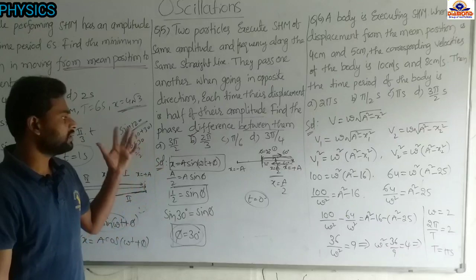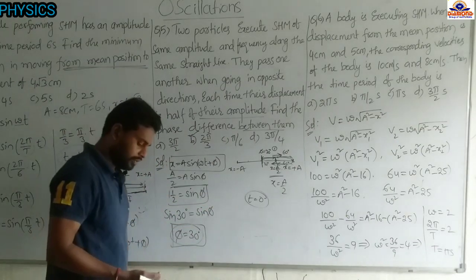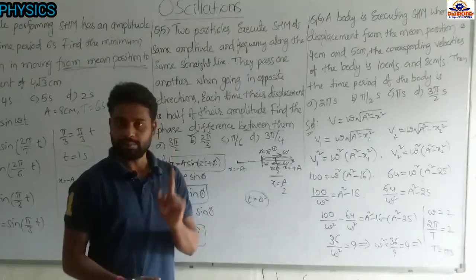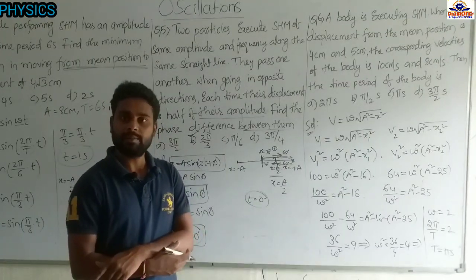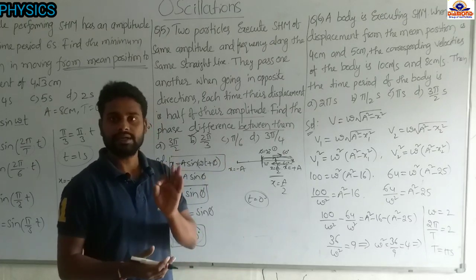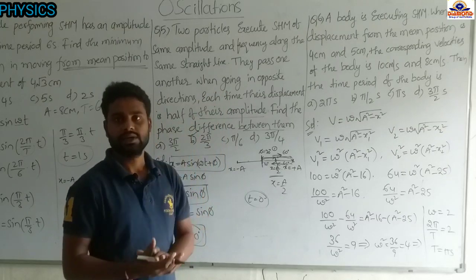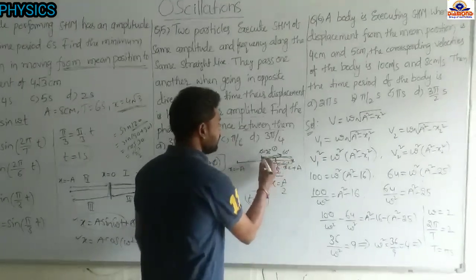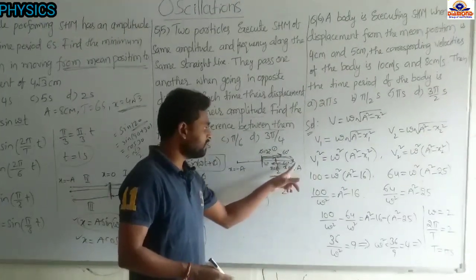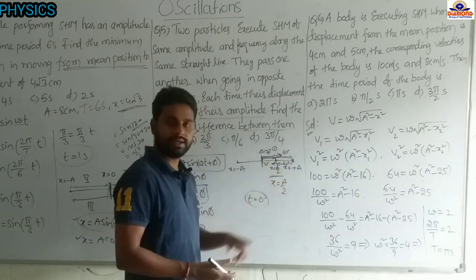Okay now, without using this formula we can do it easily. If displacement is half of the amplitude, then the angle made by the particle with respect to the mean position is 30 degrees, and with respect to the extreme position is 60 degrees. So from here to here 30 degrees, so the remaining is 60 degrees. The second particle is also moving from the extreme toward half of the displacement, from here to here, so also the angle is 60 degrees.